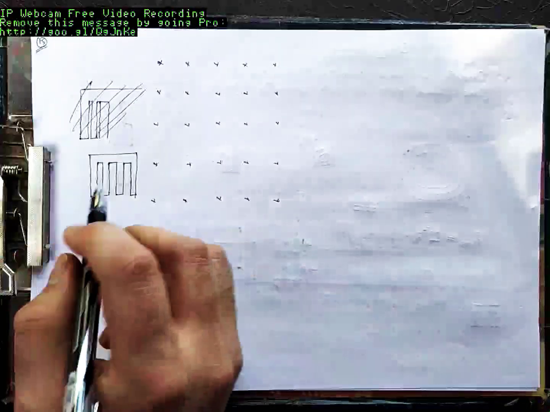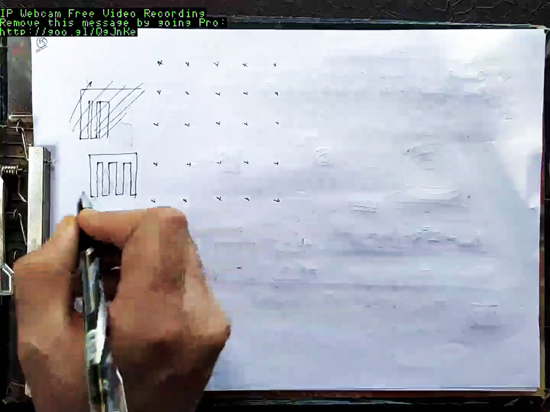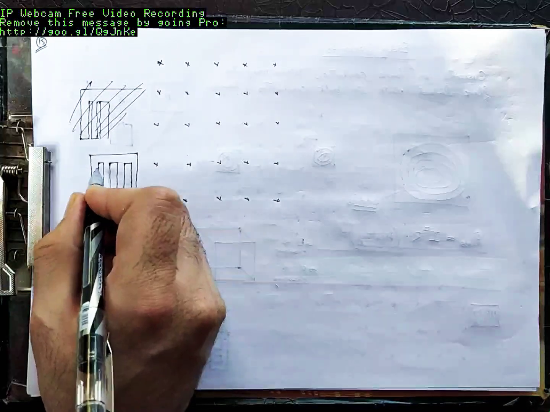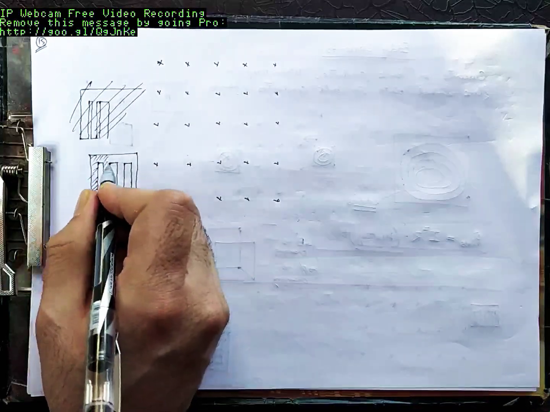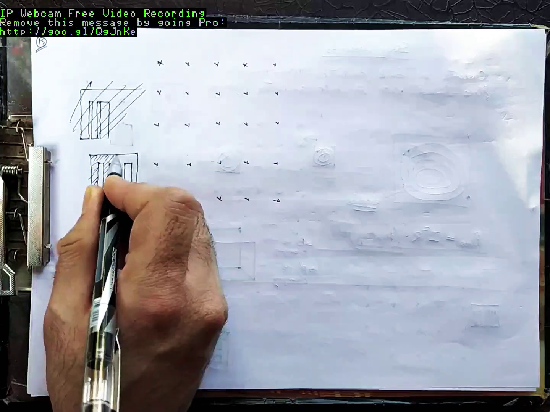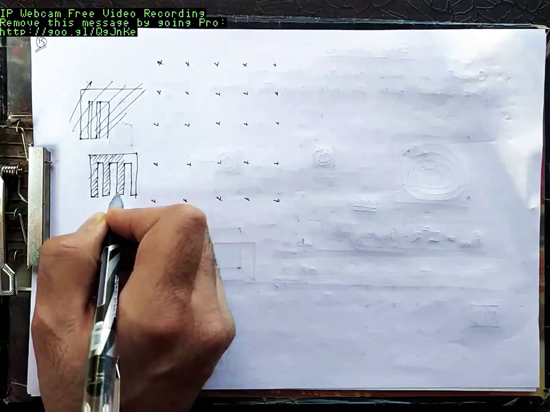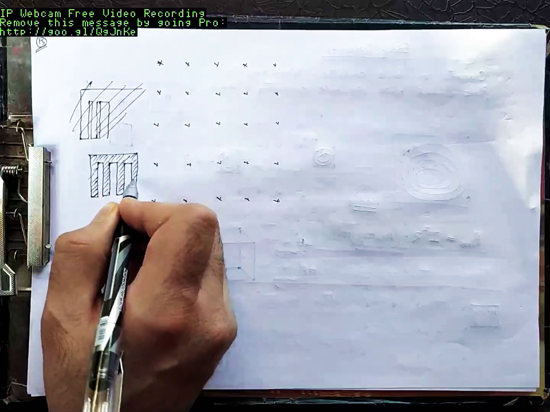In the earlier case, you had this solid rectangle. Now you have a solid rectangle, but there are hollow spaces or finger-like structures in this.